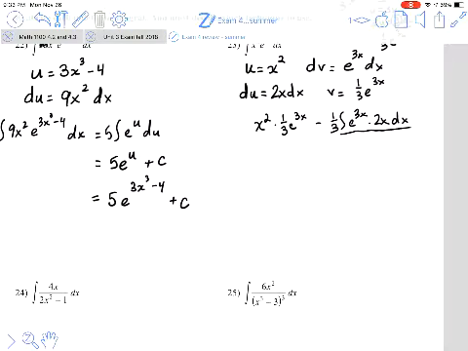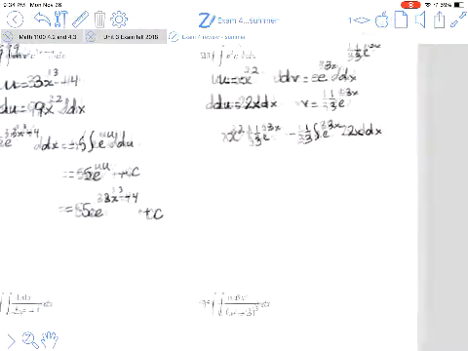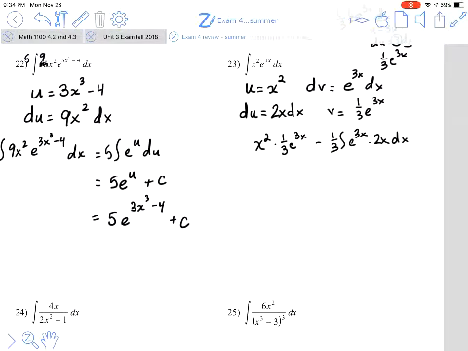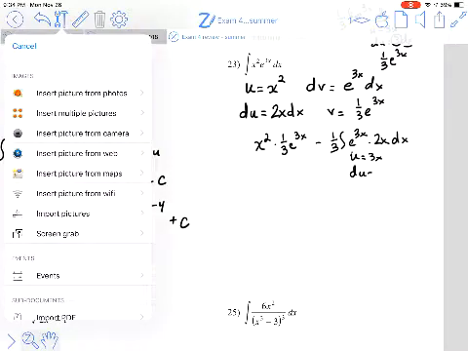Now we need to find the antiderivative of this expression. This is one of these 5% problems that you don't see very often, but it does happen every now and again. When you get to this point, you end up needing to do integration by parts again. The reason that has to be is if we try to use u substitution, we could let u equal 3x, and then du would be 3 dx, and then we have this extra variable there that we can't account for. So we need to do another integration by parts,